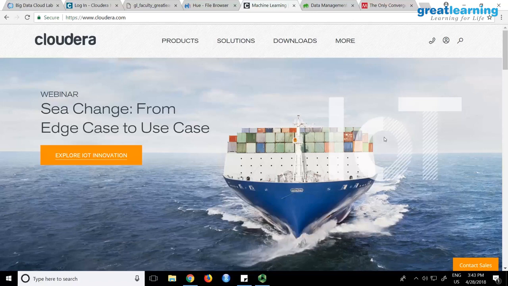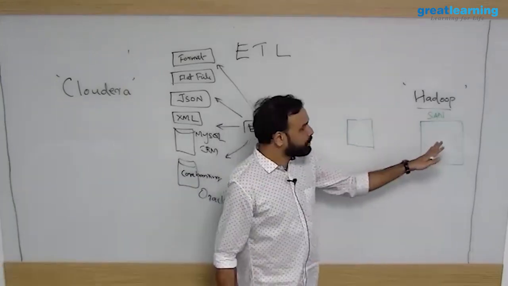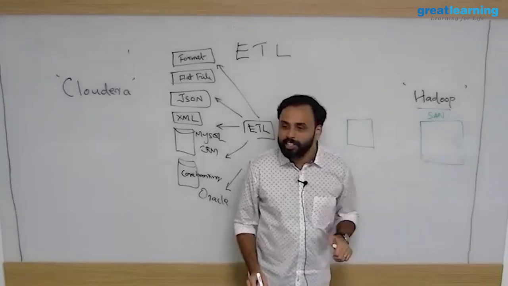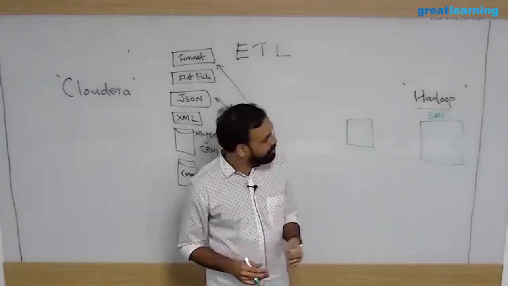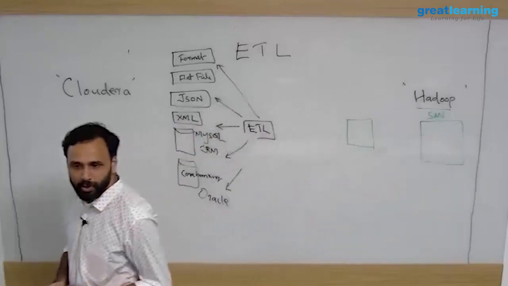When NAS was not enough, came SAN, storage area network. SANs are even popular these days, okay? So a full room full of hard disks, you get a fiber channel connection. So if I can dump all the hard disks there, I can store as much as I want. But the problem is, even if I'm using a SAN, this gives me unlimited storage, okay? Problem is, it gives me only storage, no processing. If I want to process the data, can one server process all the data in a SAN? No, not possible, right?